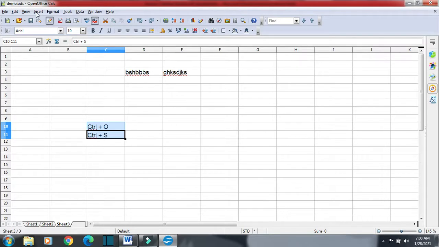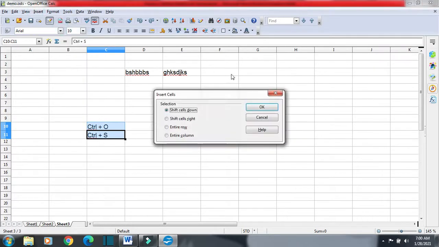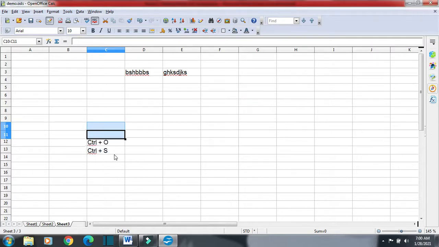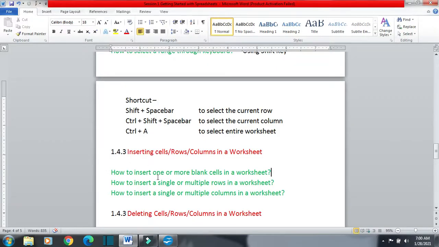Again I will go to insert and then cells and shift cells down, and here we are now having 2 cells. So we have to select as many cells as we want. We wanted 2 more cells, so we selected 2 cells. This way we can insert one cell, or if we want we can insert more than one cell in a worksheet.